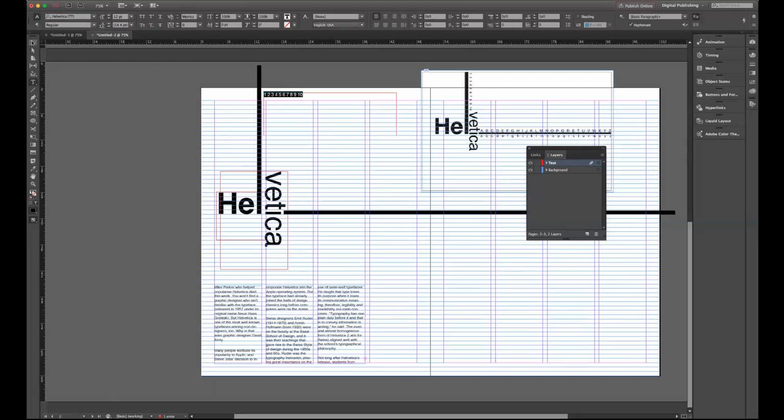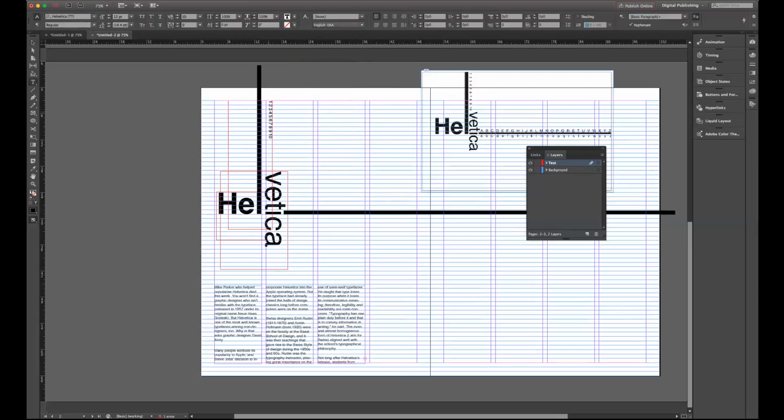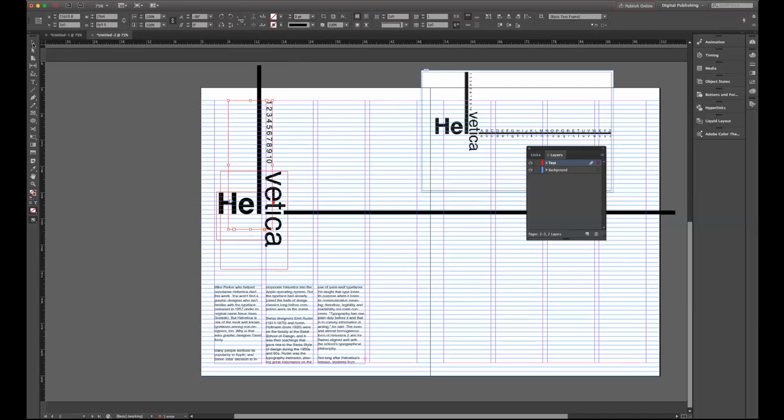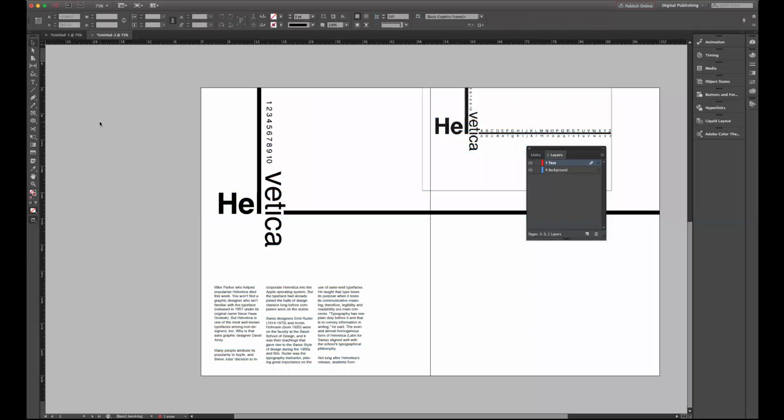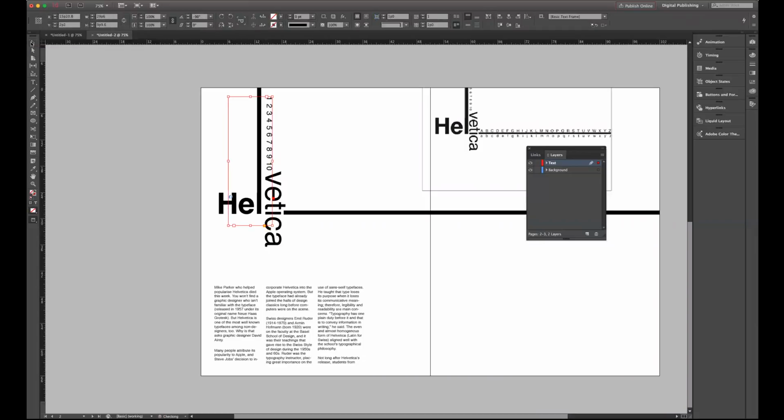I'll choose a regular, and then this will allow me to rotate it. So I can gauge what kind of spacing I need. There we go. And you can adjust your tracking if you need to spread things out a little bit.